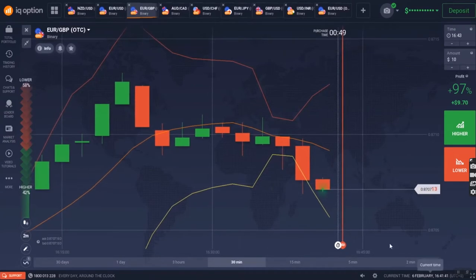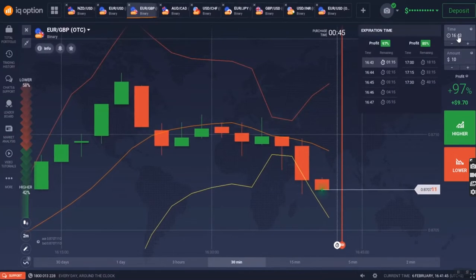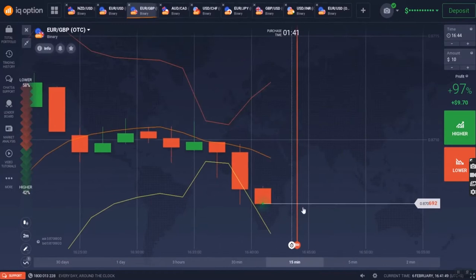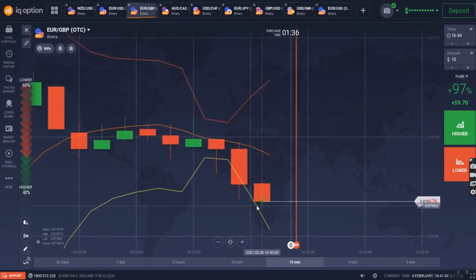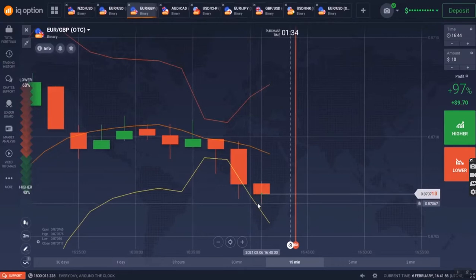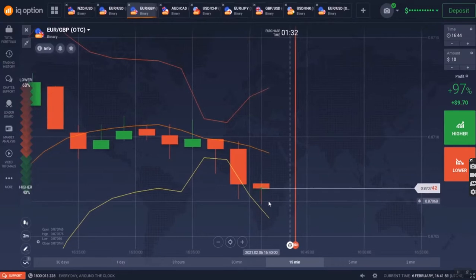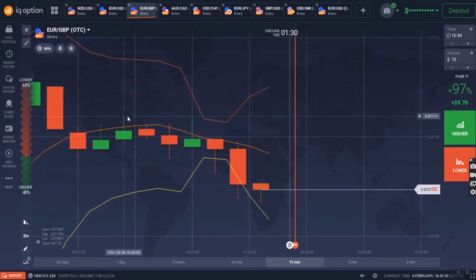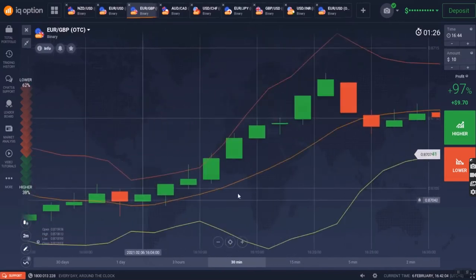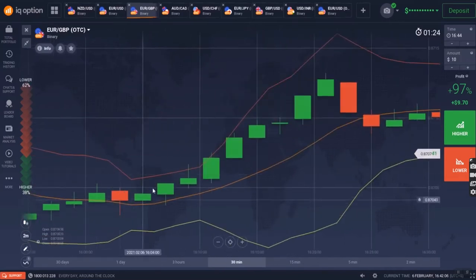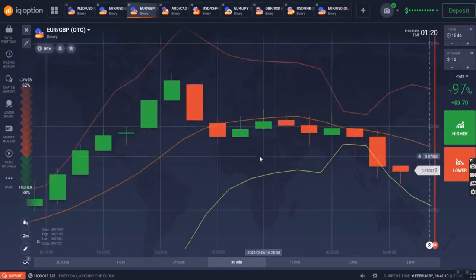Which I will set 2 minutes for the trade. The next candle I will enter. The next candle starts at 1642, 1644. This is where the next candle will be closing. But this one, did it touch? No, never touch. So we can enter this trade also. Why can I enter this trade? Because the last trend was at the top here, so the next entry point is at the bottom here.